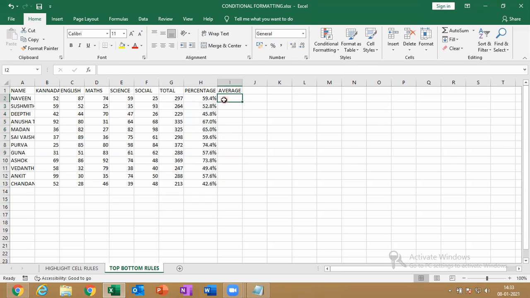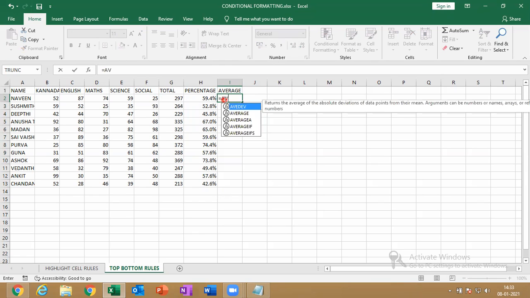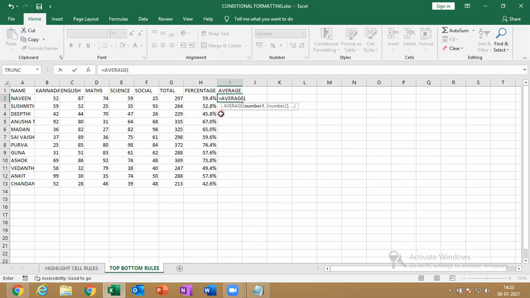Then click on average, equals AV. Come down. You have a function AVERAGE. Tab, as usual like sum. Tab, click, range, close.